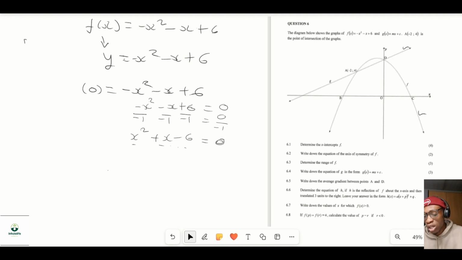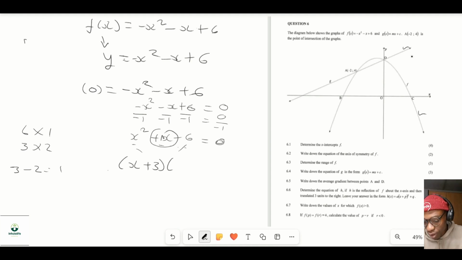Okay, 6. It's 6 times 1. Then, to get 6, we can also say 3 times 2. So 3 minus 2 gives us 1, which is the 1 here. So we're going to have (x plus 3)(x